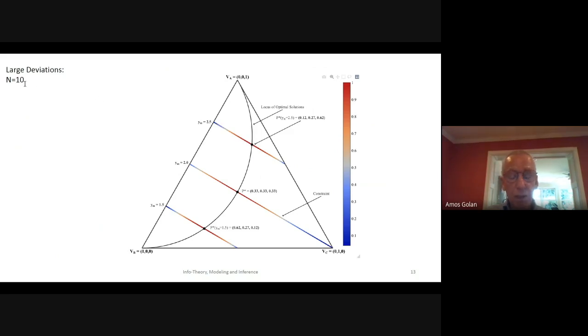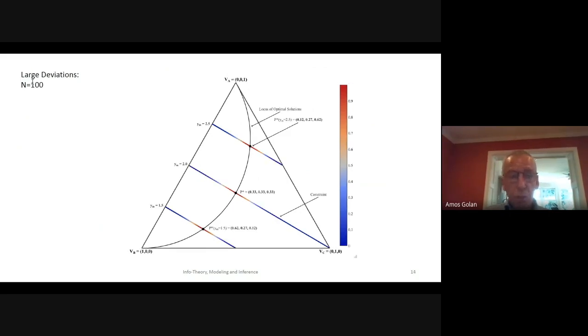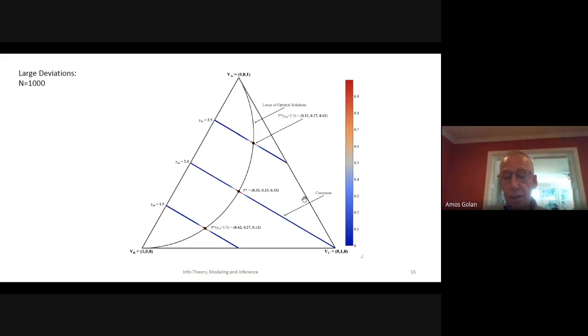This is if n is equal to 10, and you see again the heat map, the probability is non-zero here, but n equals only to 10. Now, as we increase it to 100 like before, you see that basically all of those, the probability here is practically zero for all practical sense. And then if you increase it again, to n equals 1,000, you see again that all of this region, the probability that you will find a solution here, even though it could happen, is extremely low. So now we provided a number of motivations for this approach.